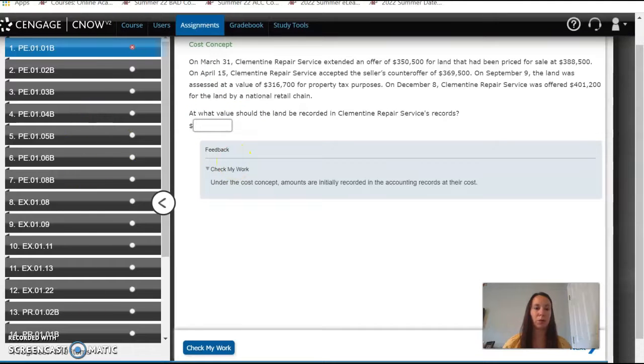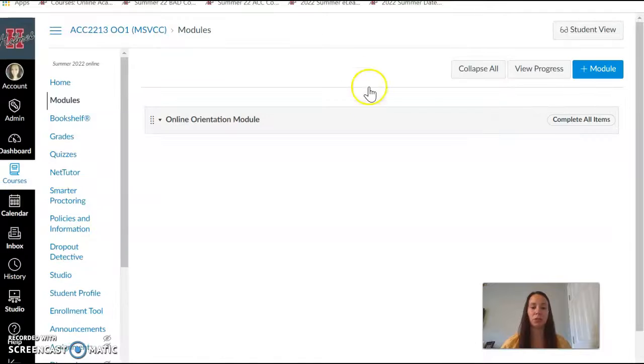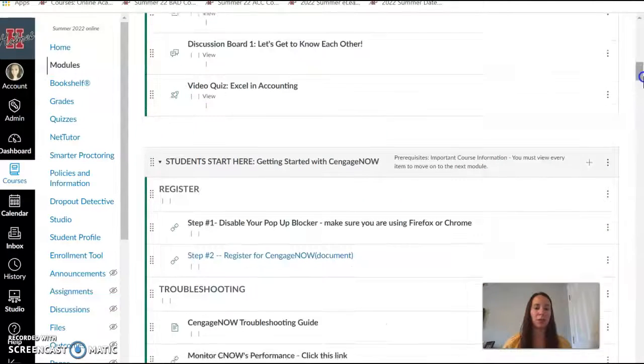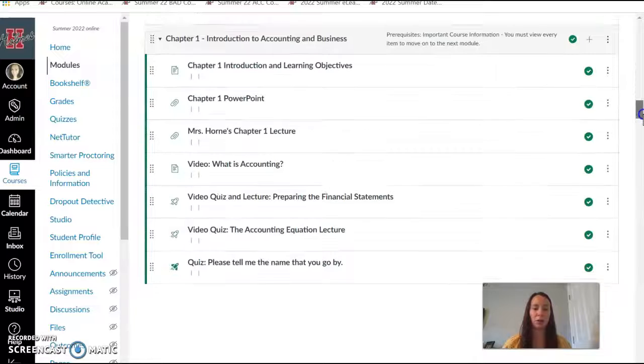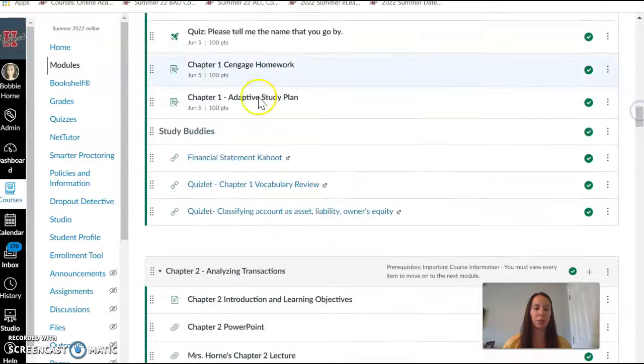So this is your homework. Then you have the adaptive study plan, and it's mainly more of a test type format to test your knowledge on the topic. If you put these two together and you can do both of these, then you have mastered the content of that particular topic or chapter.